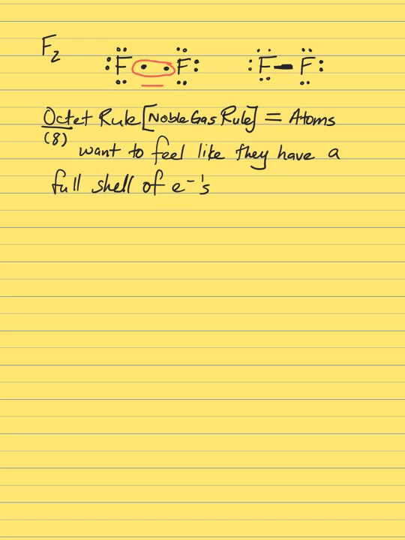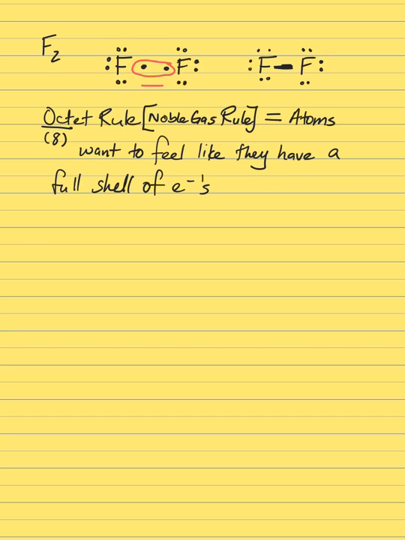Atoms want to feel like they have a full shell of electrons. Now, obviously, that's not the official definition, that's the Seton definition, but I think it helps. We already know that atoms want to gain or lose electrons to be like a noble gas when they form ions, so it should make sense that when they form covalent compounds, they also want to be like a noble